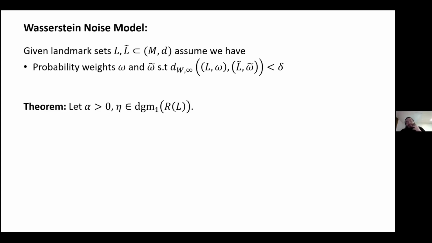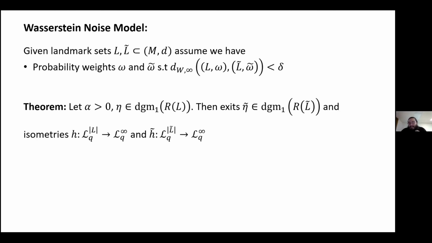Basically, for a given resolution alpha, I can choose a class in the Ripser diagram of one of the landmark sets. Then I can find a matching class, and the matching is obtained through matchings that are used to compute this Wasserstein distance, or it is controlled by one matching that should realize this inequality. So we can find this specific class, and we can define isometries from these lens spaces